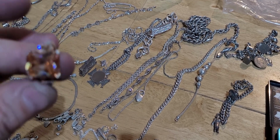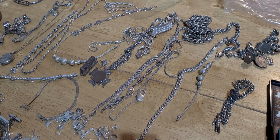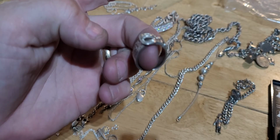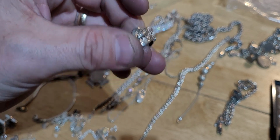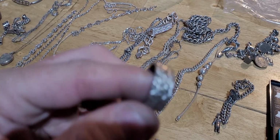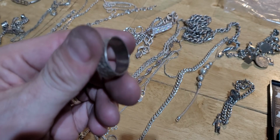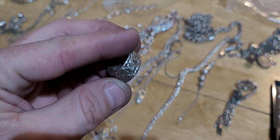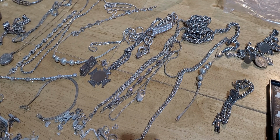This one's nice. Quite nice. There's some other ones. This one's okay as well. And I can resell all these. I mean, I paid spot price for them. So spot is around about 60 pence a gram. These ones, I give them a clean up, I can just sell them on for at least £1.50 a gram, which is good. There's loads of them, loads of rings,